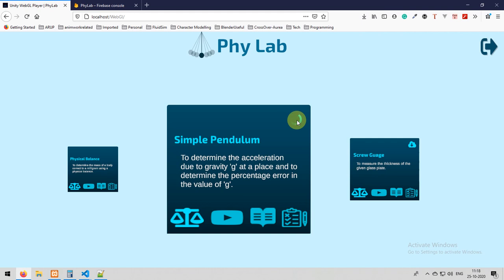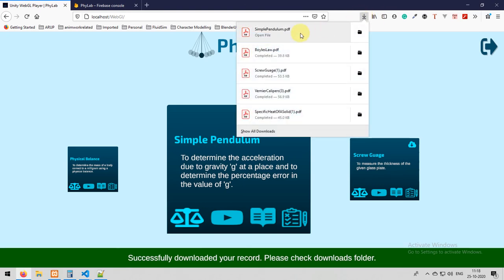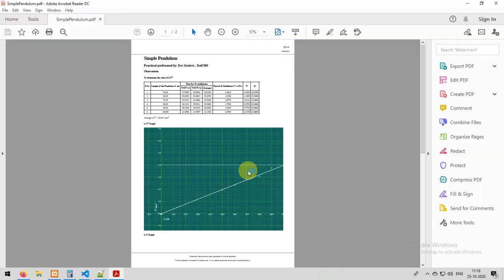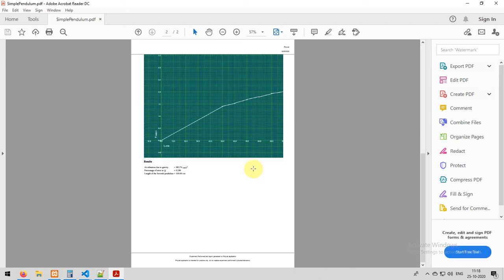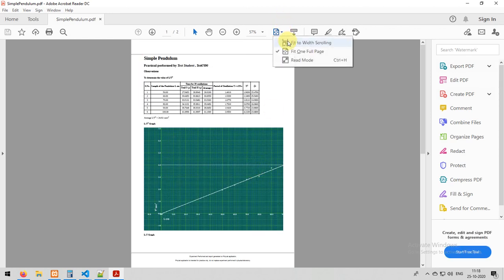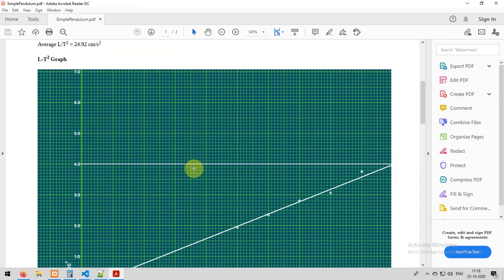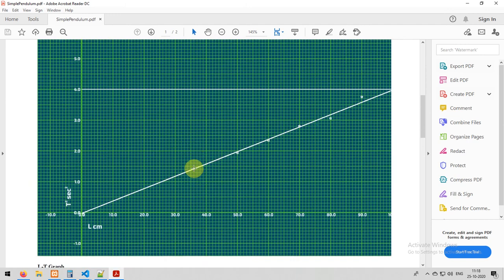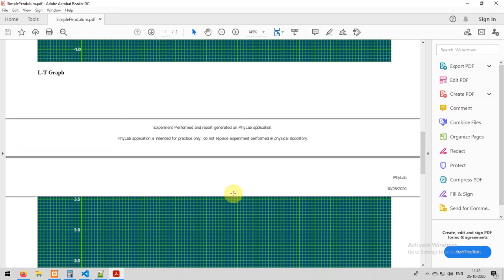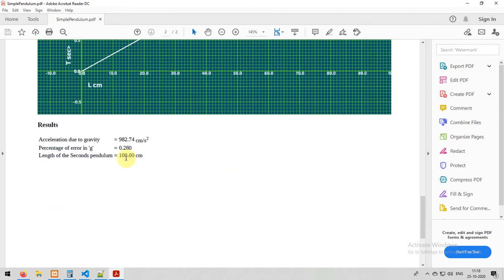So the cloud will try to prepare your PDF report, and then it will send that report to your machine, whether you're using the website or whatever. And once you are done, you can open it, and the report will also contain the graphs. See, all your graphs are present in the report, so you can directly showcase it to your teacher. He'll be impressed, believe me.